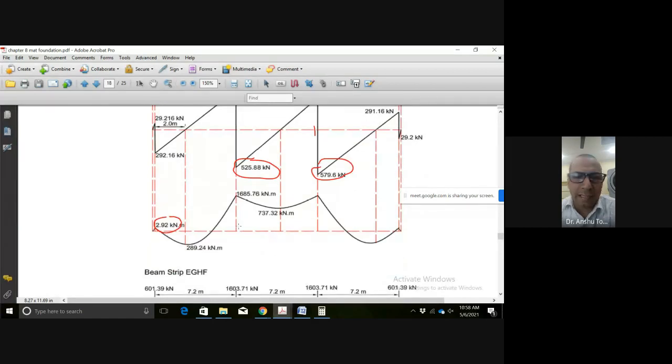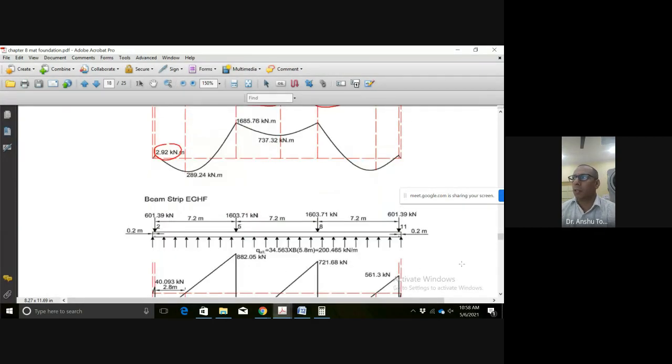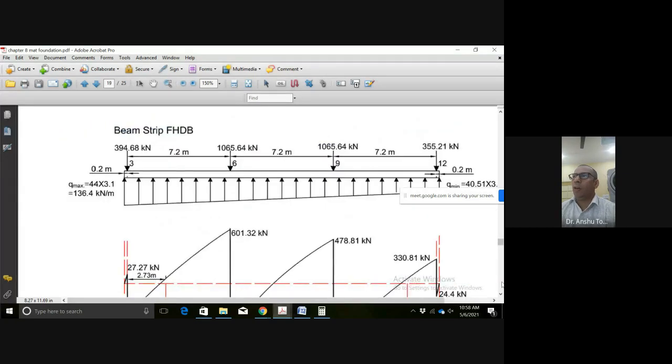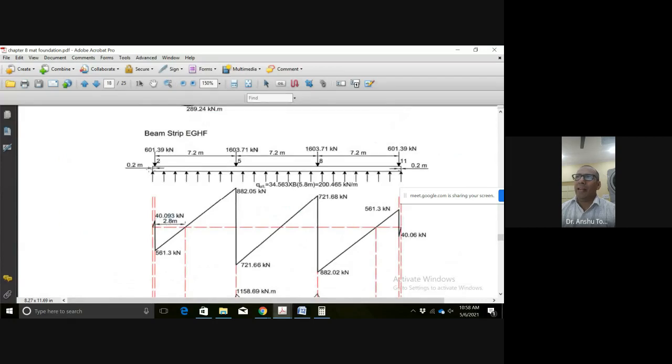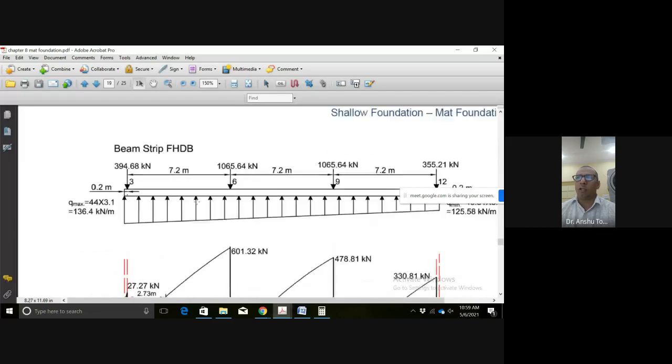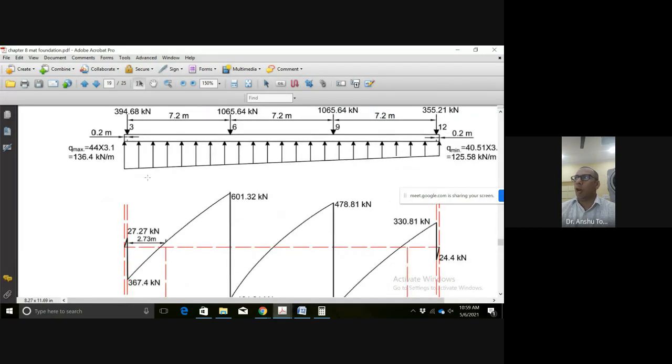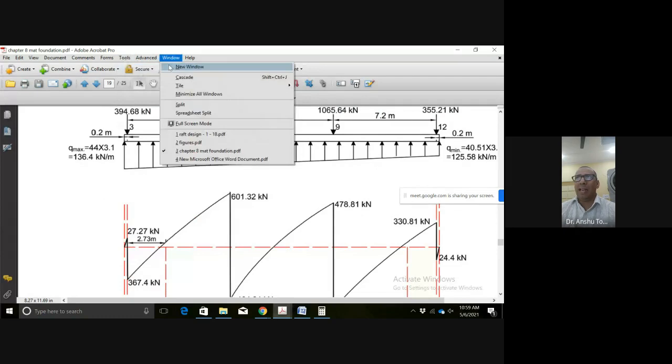After finding out SFD and BMD for all the strips, you can see here we were having intensity equal. This intensity, because Q ultimate was not varying from one side to another side. But as we go on the other strip also, you can see it is varying from minimum to maximum. So in this case, we have to draw a uniformly varying load. That is the only difference